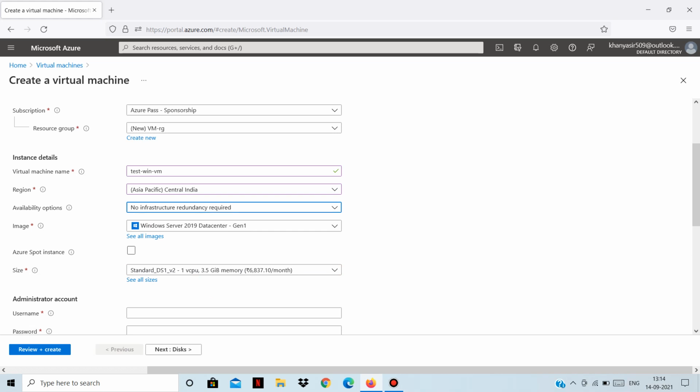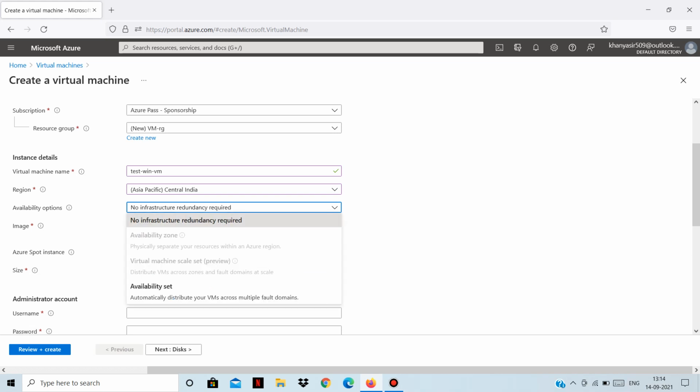Availability options, we currently don't require any availability options. As availability zones and virtual machine scale set are not available, availability set is given here. So using availability set, you get 99.95% of the availability. So what is availability?